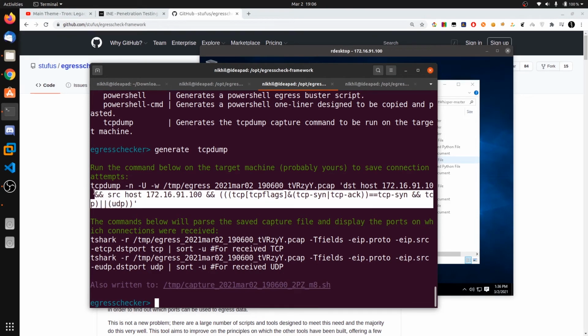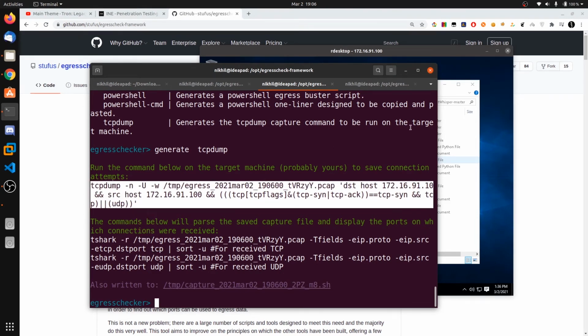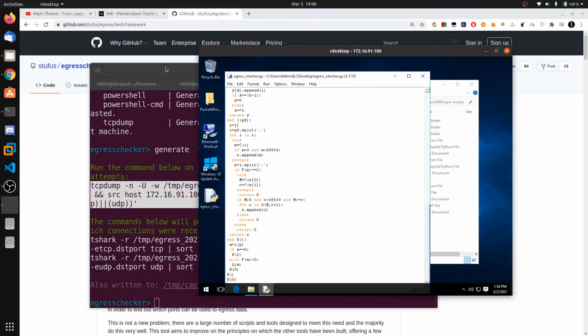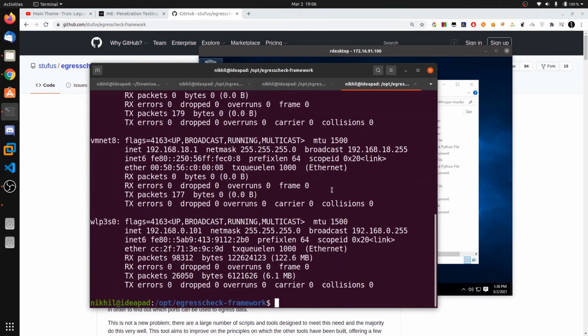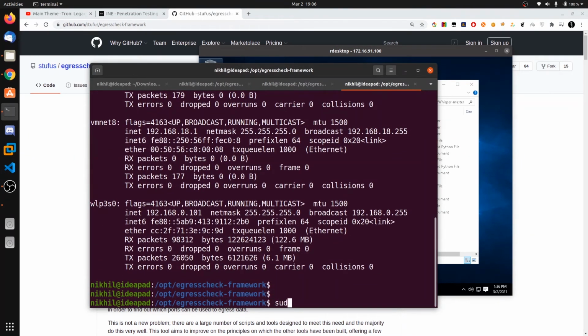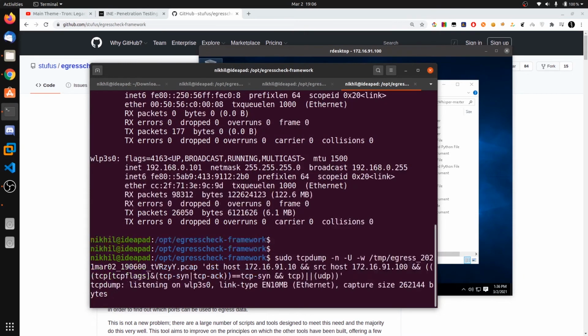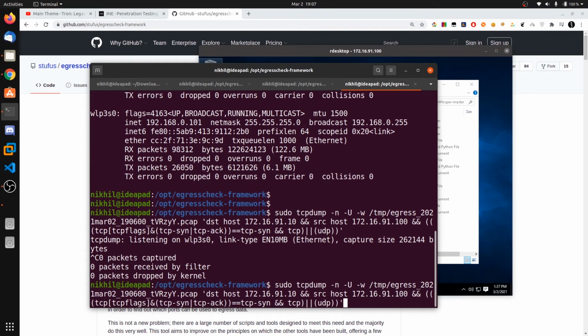Now what we need to do is copy this, and before running this Python file on our Windows 10 machine, we need to run this command. So one important thing you need to notice is it's basically residing on this wlp3s0, which is my Wi-Fi. But what I want to do is listen on tap0. That is because I have connected through this VPN. So that's why you can see interface tap0. Now hit enter.